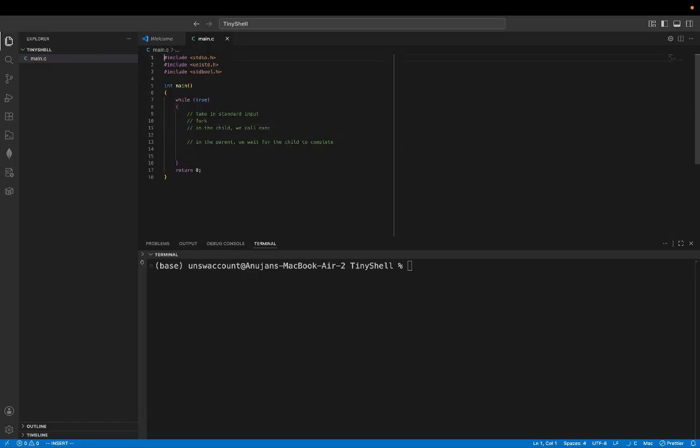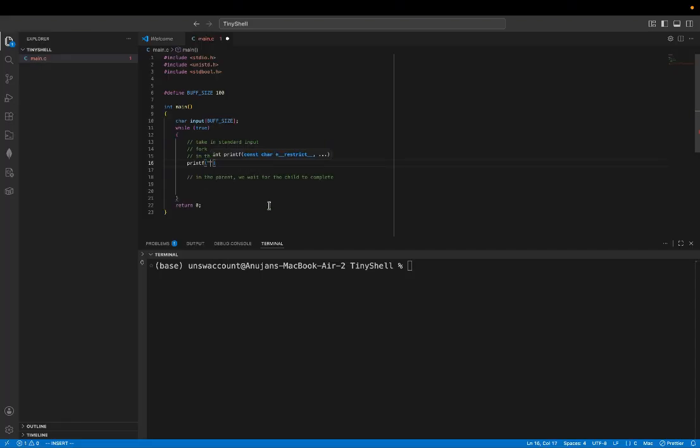So I need a buffer to take in the standard input. So #define BUFFER_SIZE 100 characters, should be enough. That should be fine. And I can make that buffer outside. So char input[BUFFER_SIZE]. That's fine. And then we'll just make it printf maybe an asterisk or something. Yeah, that should be fine. Space, and then